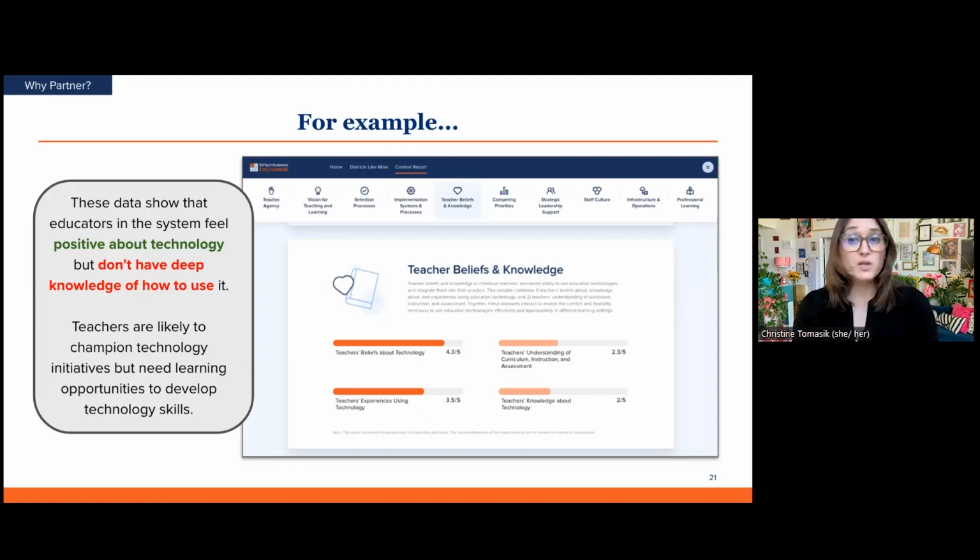But they don't feel confident in their knowledge of how to use technology or effectively integrate it into instruction. Teachers' positivity and likely willingness to champion technology is a strength to leverage. And these data indicate that students would likely benefit if the district began explicitly supporting integration strategies.